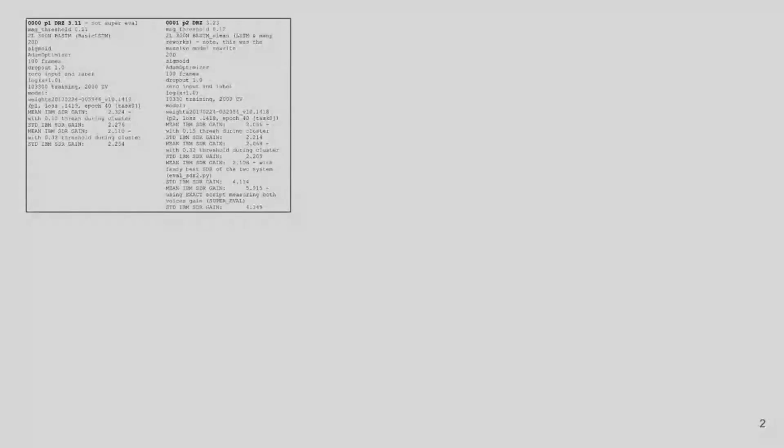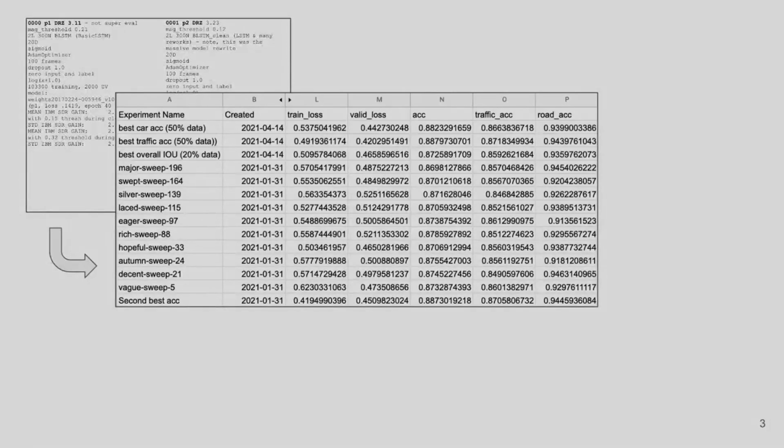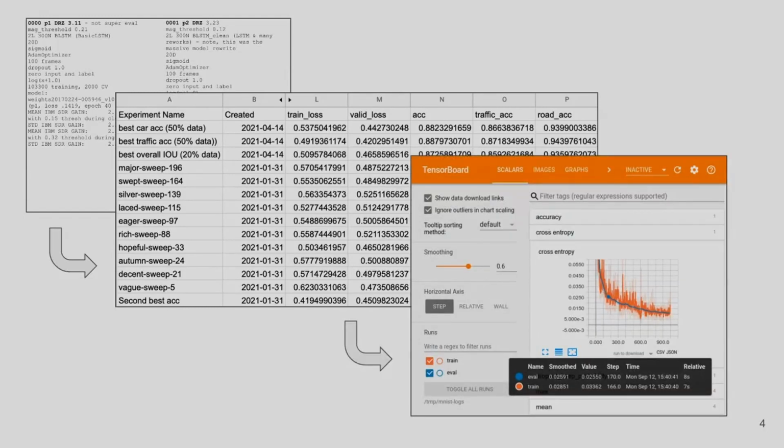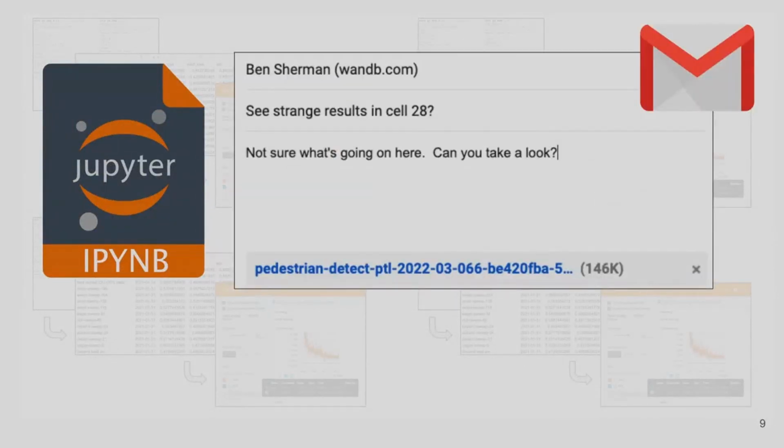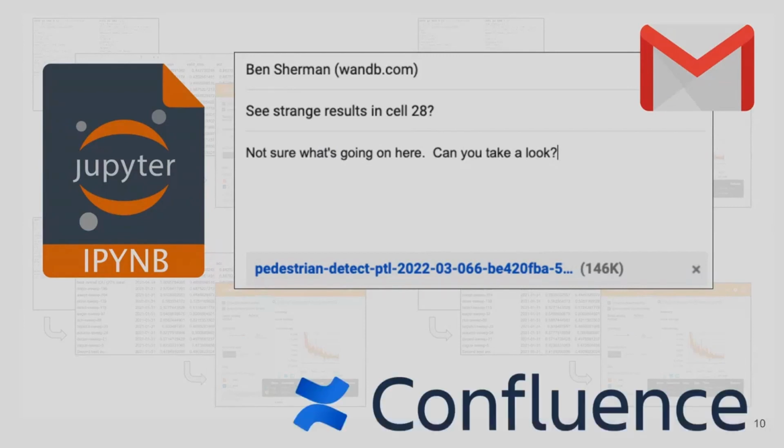when I started doing machine learning, it was very, very bare bones, right? We would have some sort of screenshot of a terminal screen, and we may move that into an Excel spreadsheet. When TensorBoard came along, it made our lives a little bit easier, but TensorBoard, I don't know if you guys have ever used TensorBoard, it's not reliable. And this works when you're building out your first little bit of machine learning projects, but as you scale, you start to really run into major issues with how your team can operate and do machine learning. So